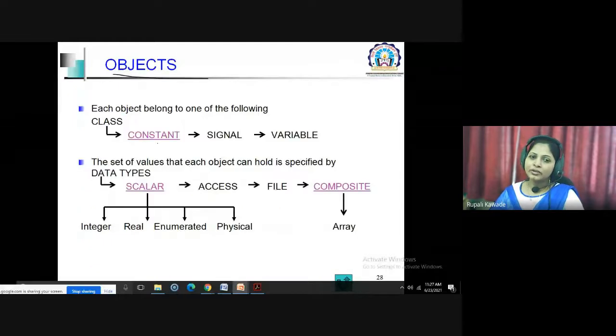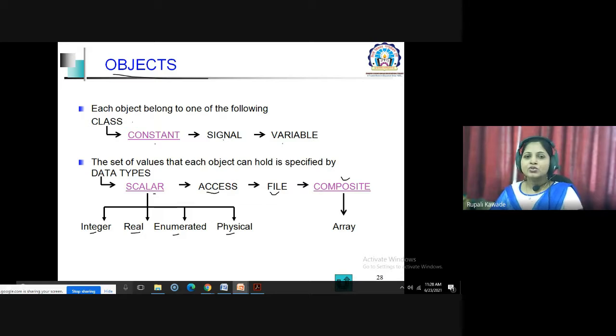According to the class, there are three different classes: constant, signal, and variable. For data types, we use the scalar type, where you can have integer, real or floating point, enumeration, which we have seen in C, and physical. These are the subtypes of the scalar data type. Then we can have the access data type, file data type, and the composite, where we can mention arrays.